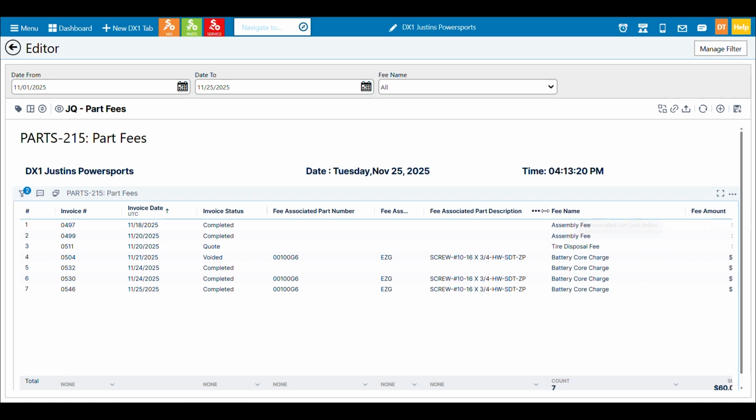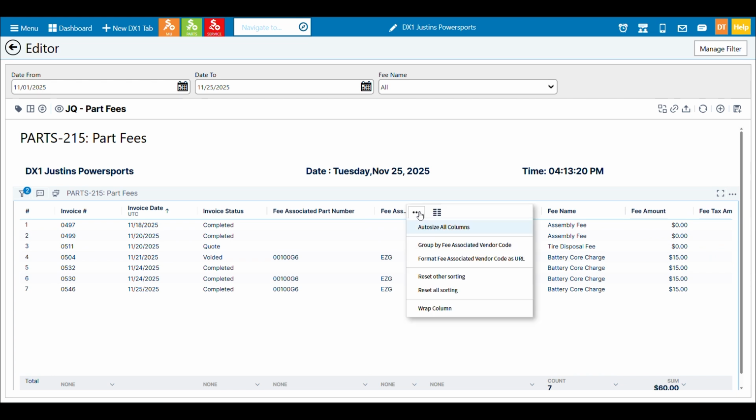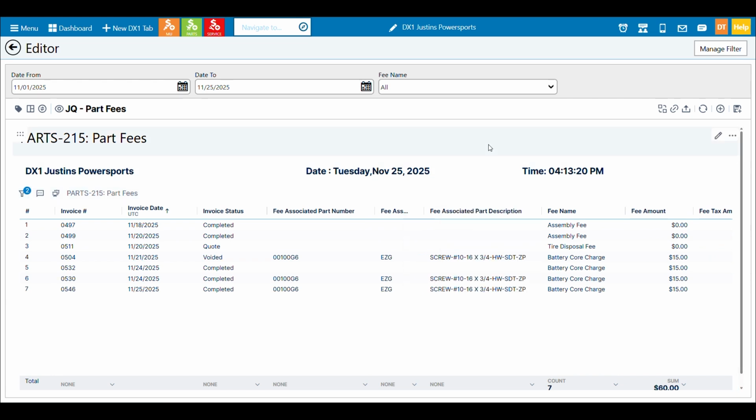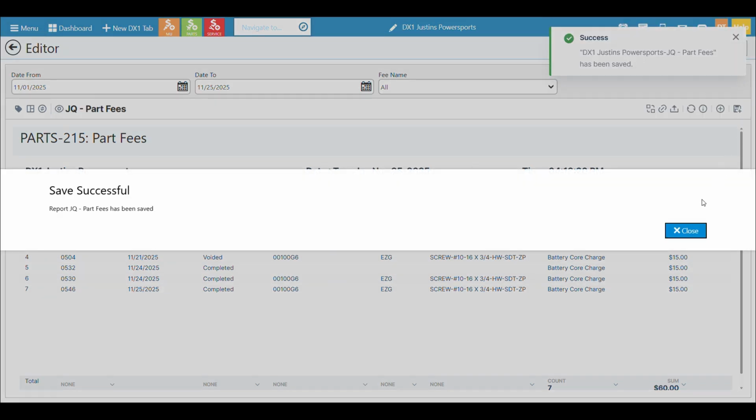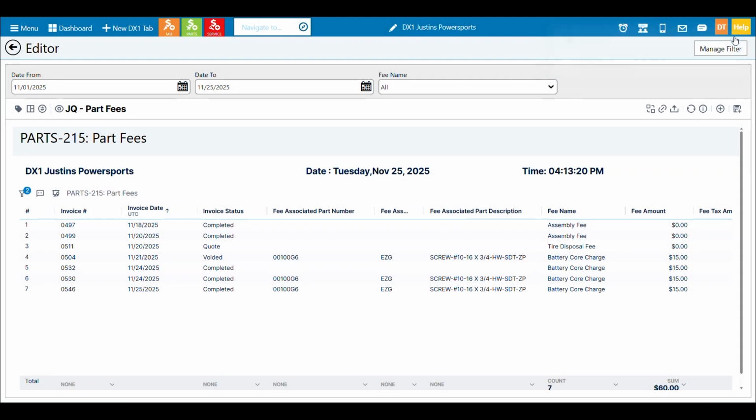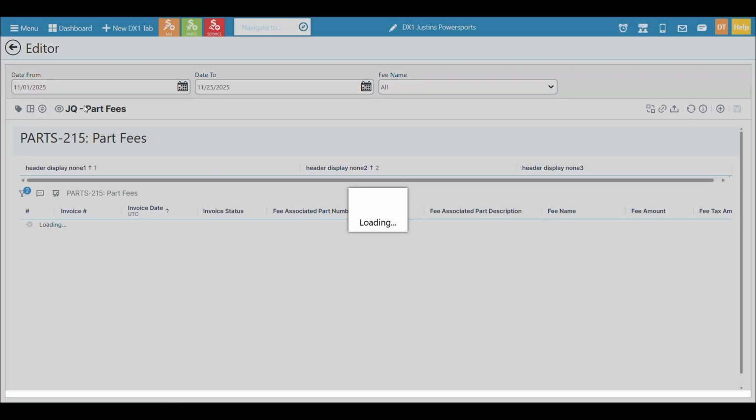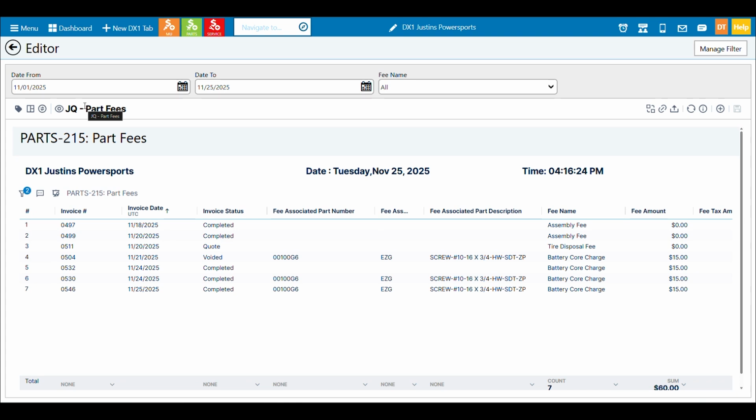You can also adjust your column widths if you'd like, by clicking and dragging them. I can do that there. There are lots of settings you can use around the columns here, but in terms of the basics, adding columns, removing columns, controlling the sorting, that's the easy way to do it. Once you have all the changes made that you want, you're going to hit save. It's going to save it under the name that you had. It's been saved, and now if I want, it's going to update and I could run some test numbers even right here from the editor.